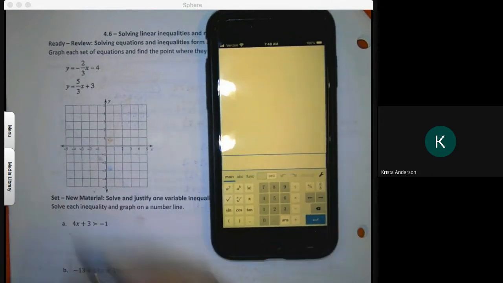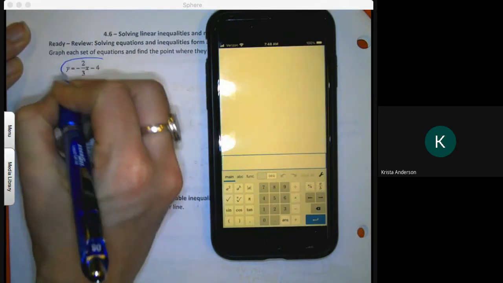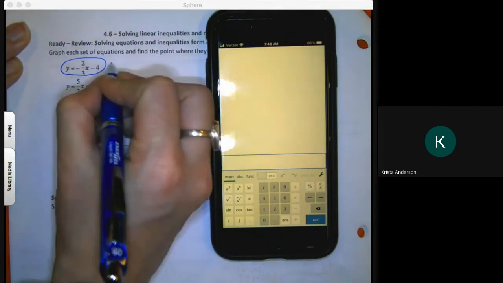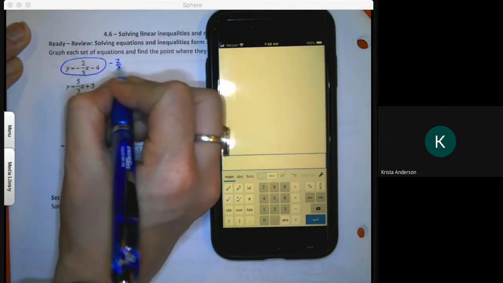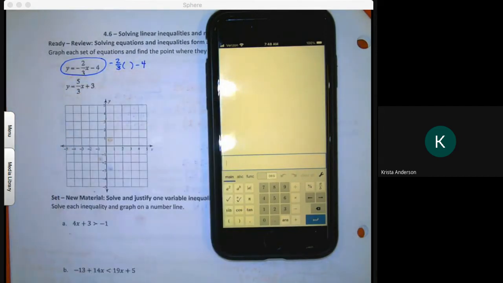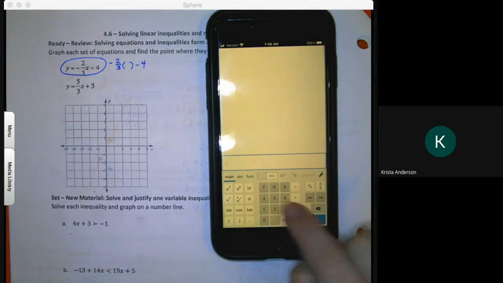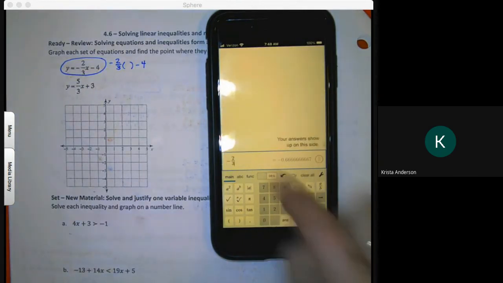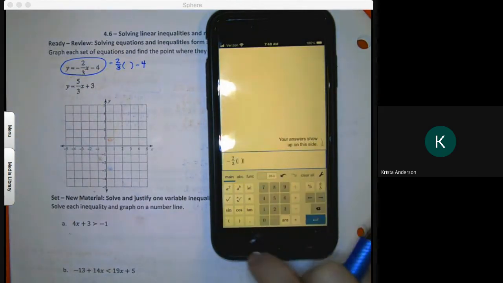on my first equation. When I type it on my calculator, it'll look like this. I'm going to plug values in to the parentheses and graph them. What number should we plug in first? 0. 0. Boom, 0